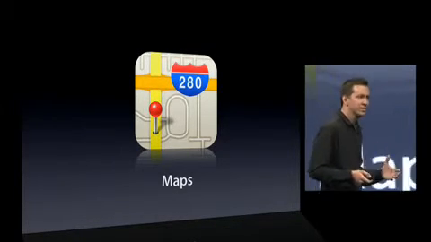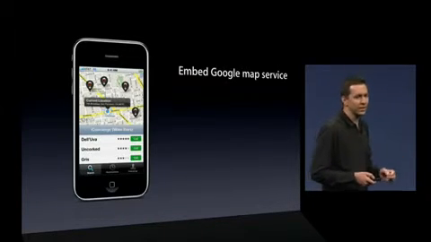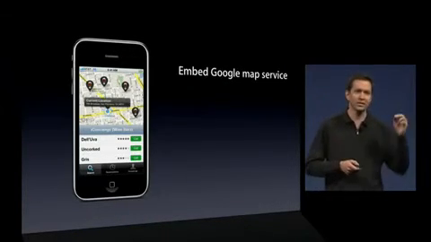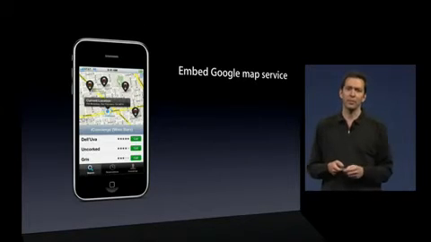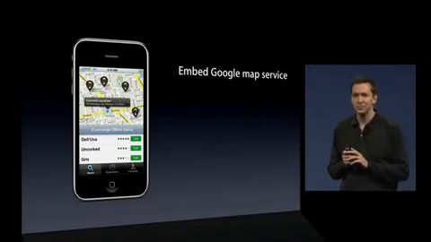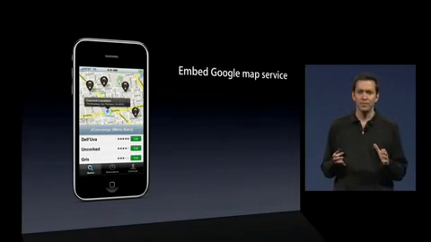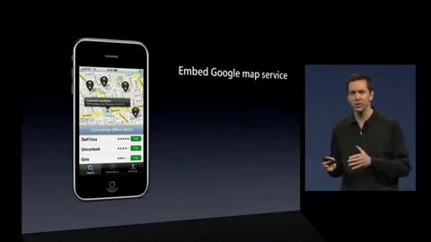Next is maps. We have built a Cocoa Touch control to allow you to embed the Google Maps service, including satellite and hybrid, right in your application. This control is really the heart of our map application that we ship as part of the